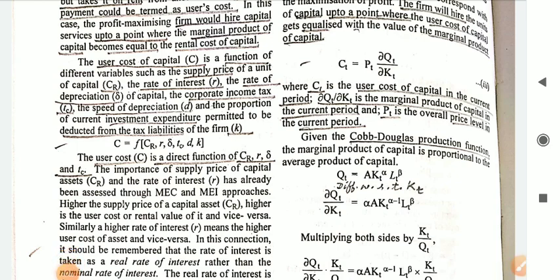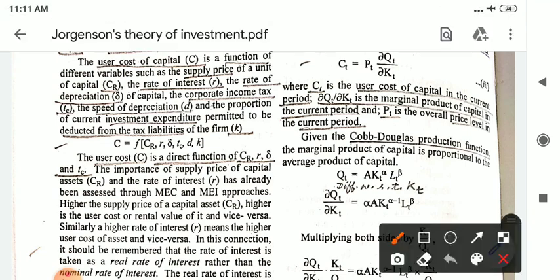Students, this is part 2 of Jorgensen's theory of investment, or neoclassical theory of investment. In part 1 we have seen the C_t function given by Jorgensen, which is C_t = P_t × (∂Q_t/∂K_t). Now we move on: the Cobb-Douglas production function is taken in Jorgensen's model, and the Cobb-Douglas production function is